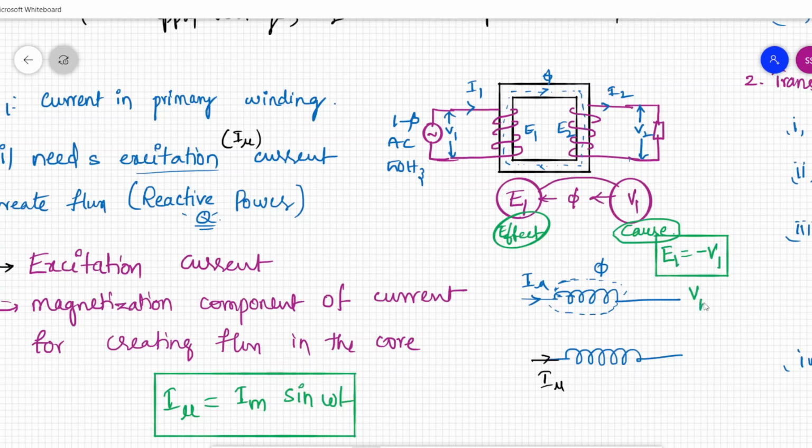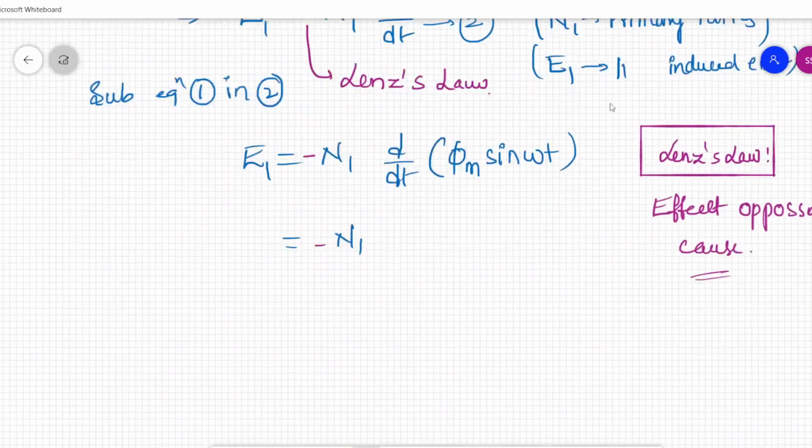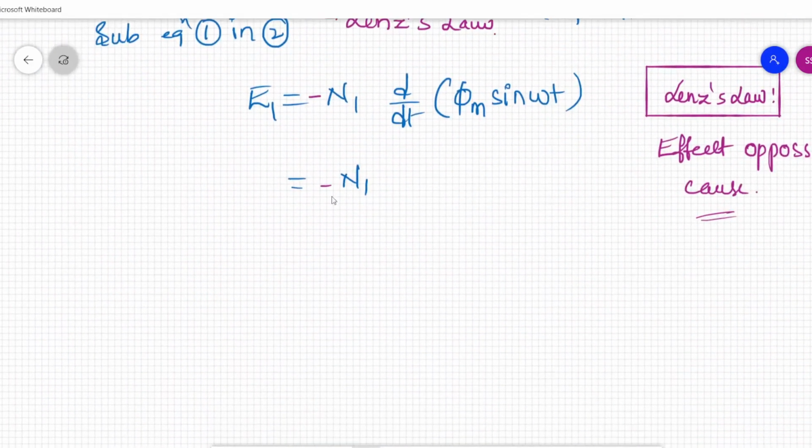Generally it is given as V1 equal to minus E1 in the phasor diagram, which I am going to explain later. For now you need to understand that E1, which is being generated because of V1, opposes V1 itself. That means the effect is opposing the very cause which is creating it. This is Lenz's law. We keep a negative sign to represent Lenz's law. So E1, which is the effect due to the rate of change of flux, is opposing the rate of change of